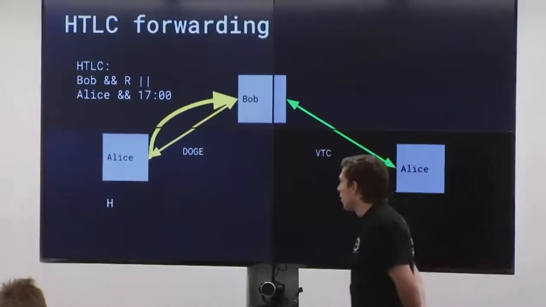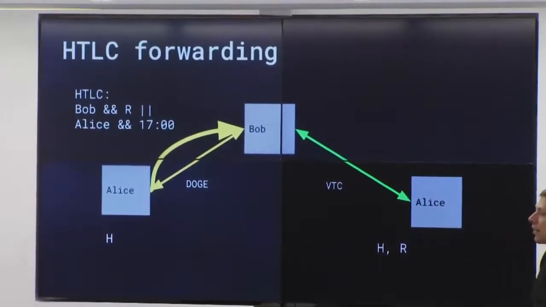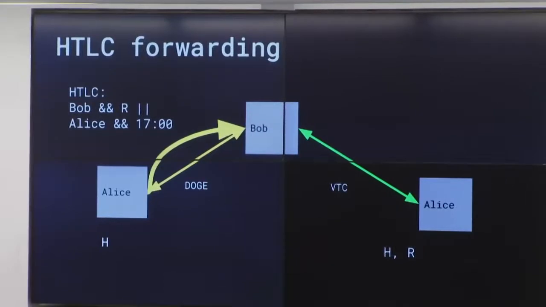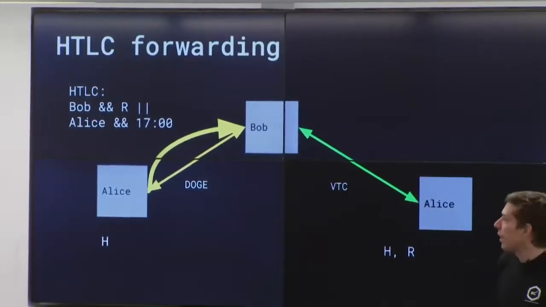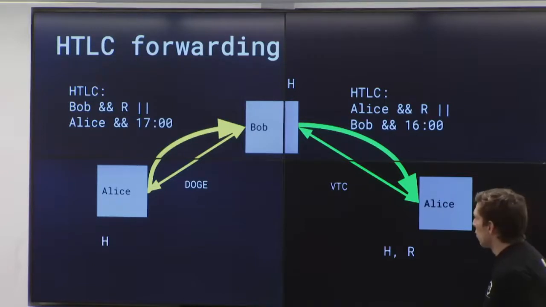Okay, so she constructs an HTLC to Bob and says, okay, if Bob knows R, he gets this money. Otherwise, Alice gets it after 5 o'clock. Bob says, okay, I don't know R, so I can't get these Dogecoins. Bob then forwards it to Alice, saying, okay, if Alice knows R, she gets the coins. If Bob waits till after 4 o'clock, he gets the coins. So it's sort of like, why make this construction? It actually still makes sense because even though Bob knows that Alice knows R, Alice will have to reveal R in order to